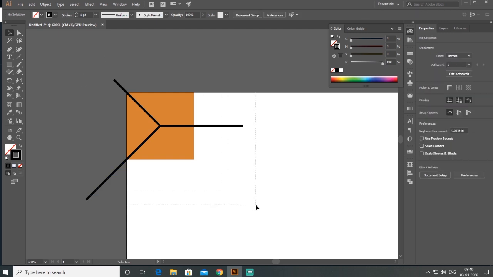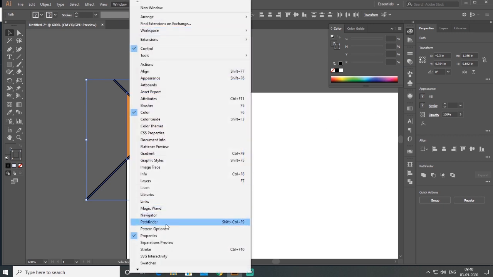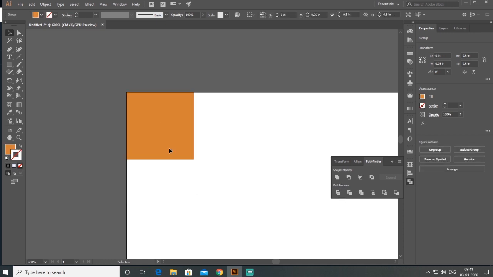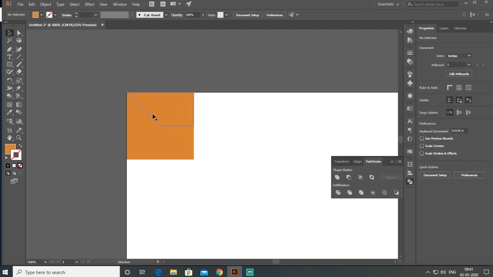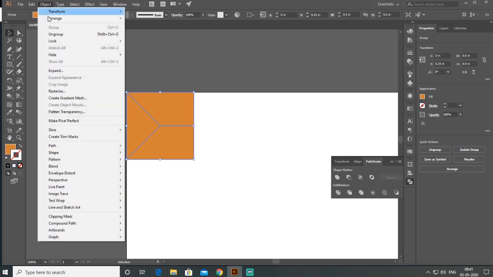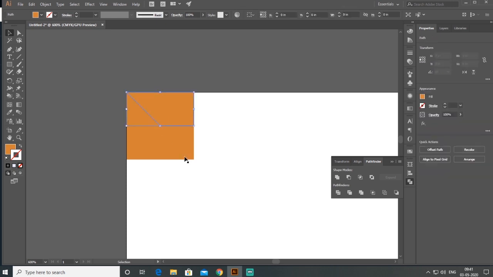Then I select all the objects and go to Pathfinder, and in Pathfinder I click Divide. So basically this is divided into 3 parts. I have to select this and go to Object and Ungroup. So it is divided into 3 parts.